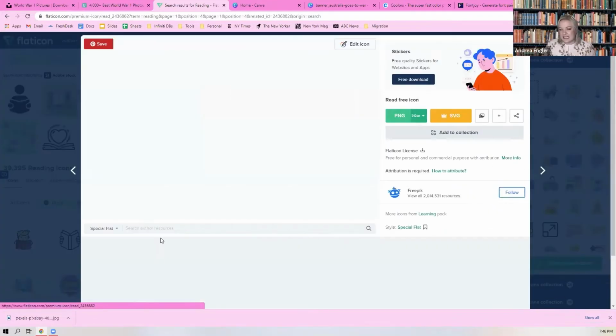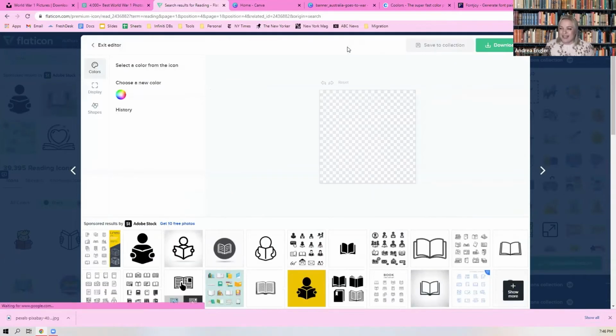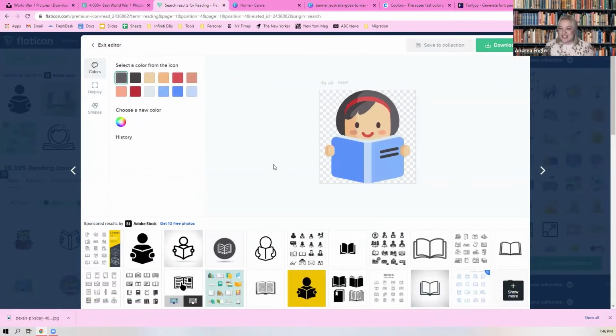If I actually click into that item, now that I'm logged in, and even with the free account, this is not a feature for the pay, it's available to free accounts as well, I can actually edit the icon. And what that allows me to do is change the colours. So I might want to change the book colour, so I might want it to be green. So I can easily do that. And then I can choose to download from this screen